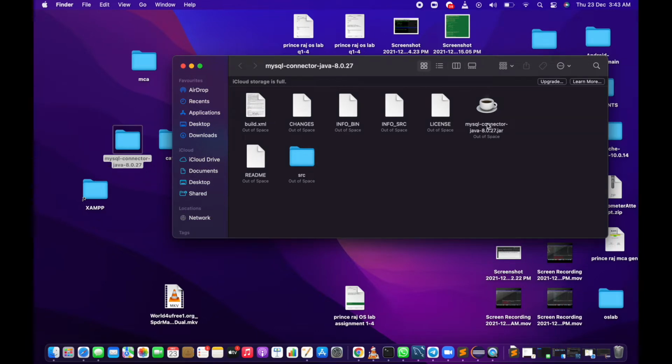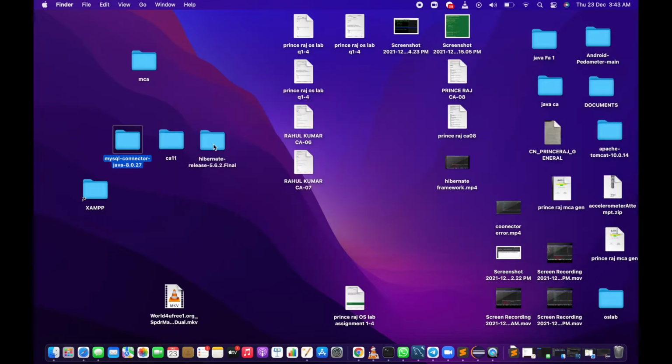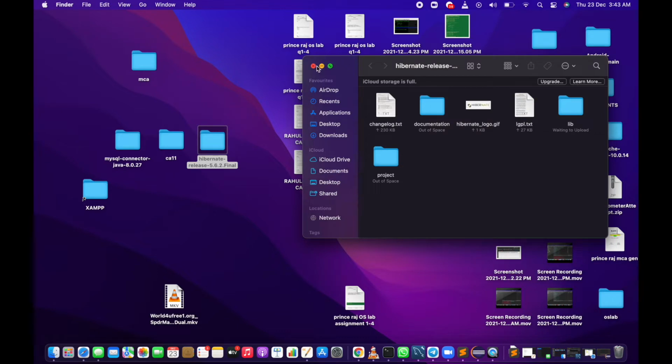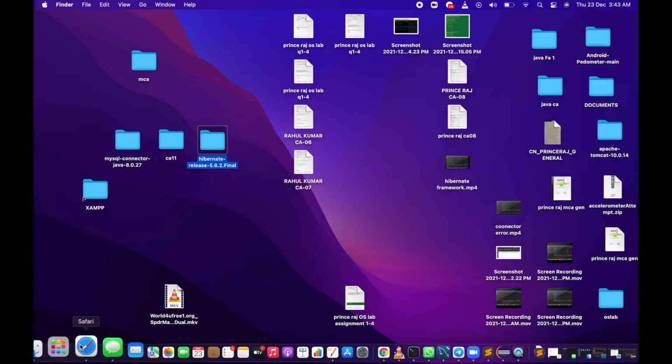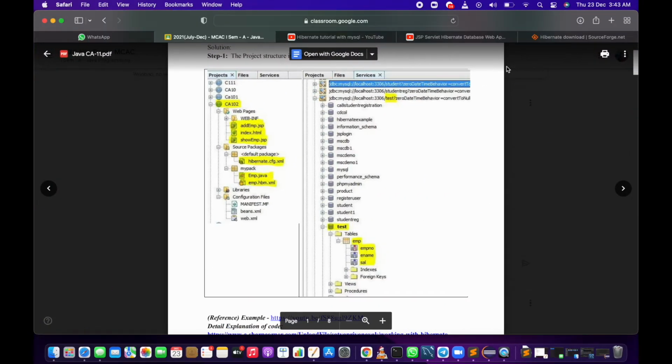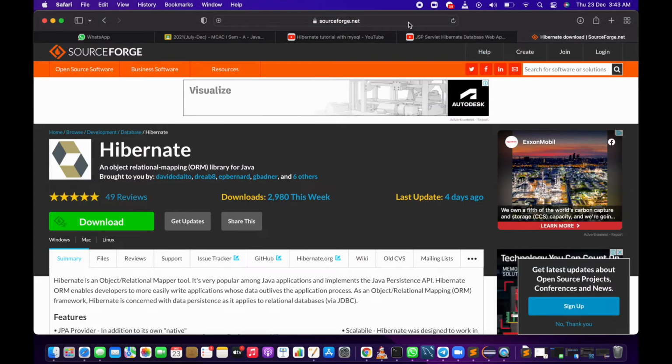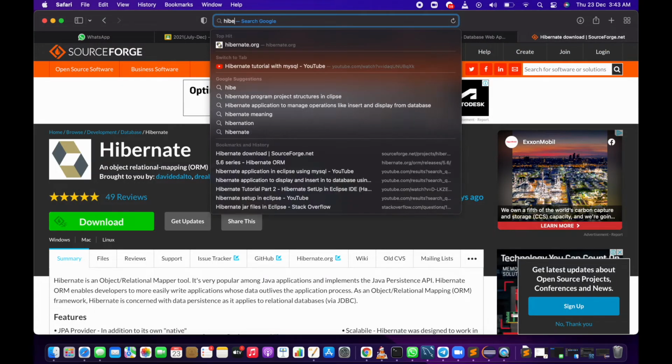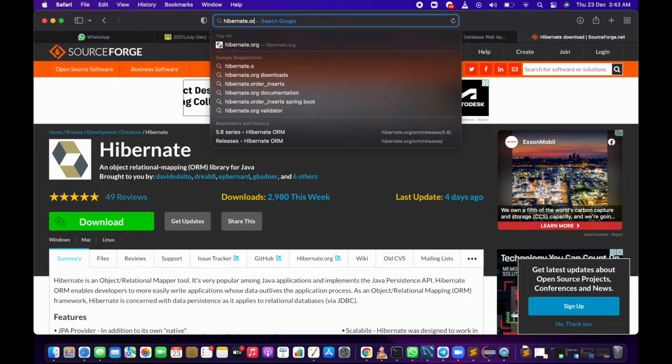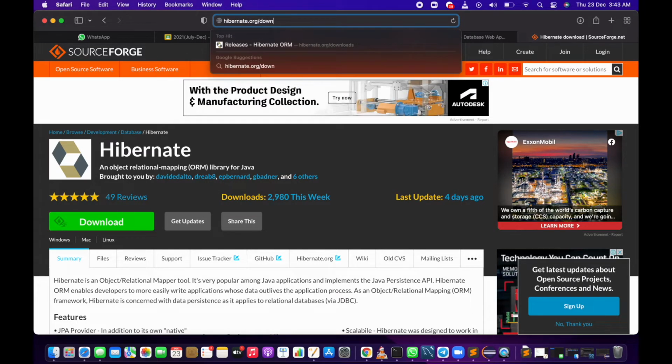So let's see. First you will need the MySQL connector, the Java connector to connect to the database, and second you will need the Hibernate jar file. You should download the MySQL connector normally from the Apache website, and for Hibernate you will go to the website hibernate.org. Just follow the steps and go to /downloads,